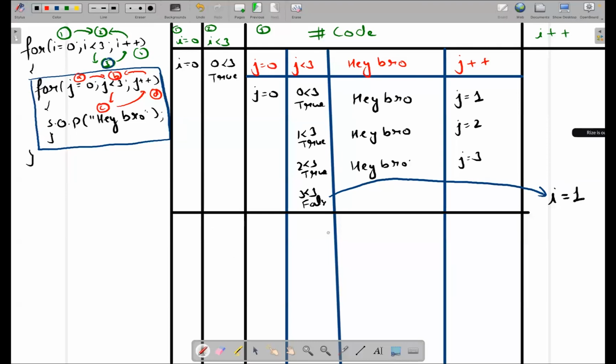So my i is 1 now. So again, we'll execute: 1 is less than 3. That is true. It will check the condition. And again, this j loop will get triggered. So I'll again write j equal to 0, j less than 3, hey bro, and j plus plus. So again, imagine this. I'm not writing this thing again. Just imagine that this loop will get triggered again. So my j value will start from 0 again from the beginning. So 0 is less than 3. That is true. Hey bro,